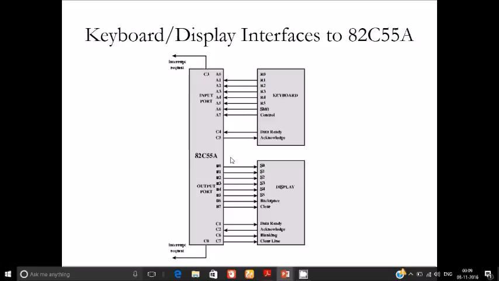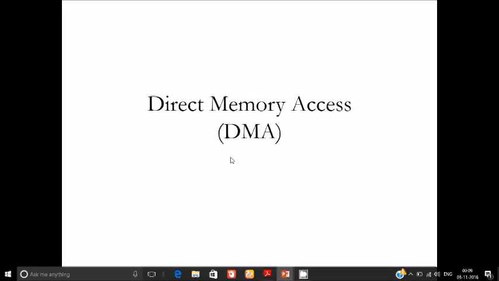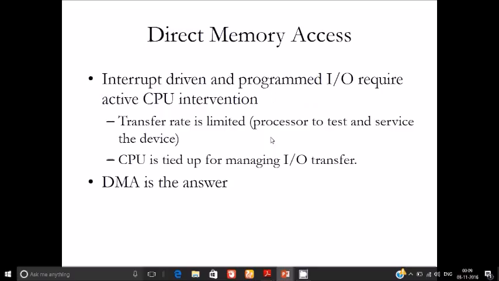So now we are coming to one of the main and most important topics, that is direct memory access, shortly called DMA. DMA is most used.